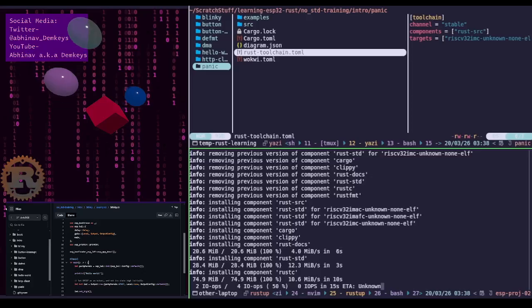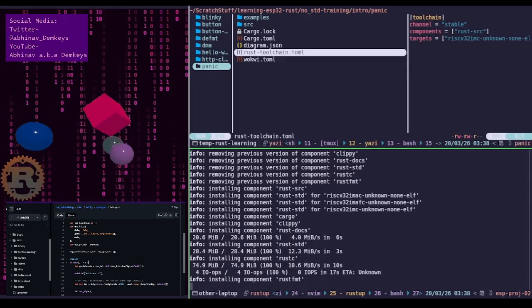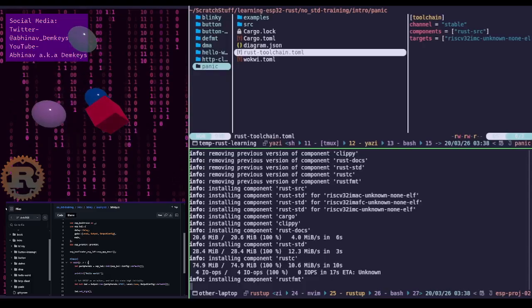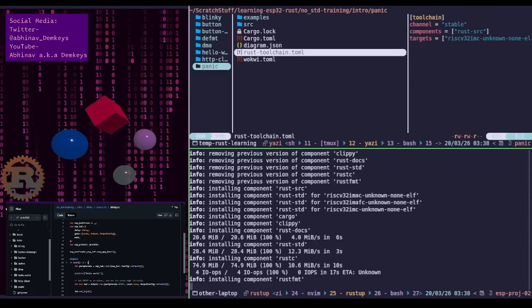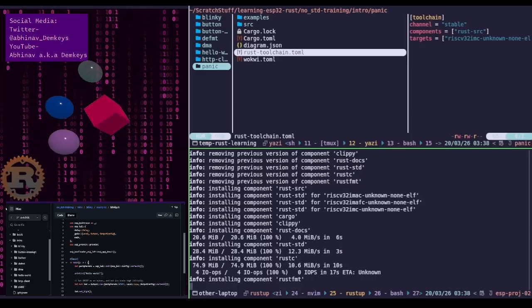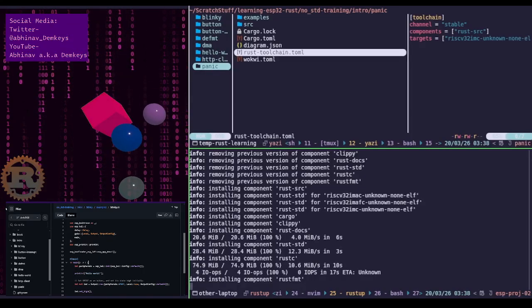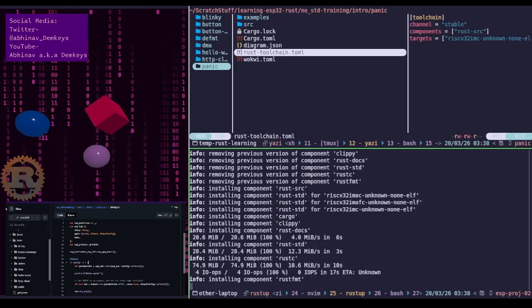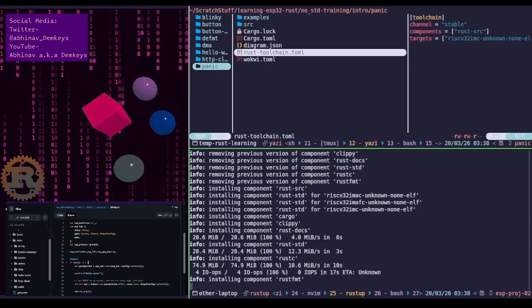I remember that. Okay, toolchain installation. We install Rust. Okay. There was something for Xtensa devices. I was using espup. Okay. So with espup,